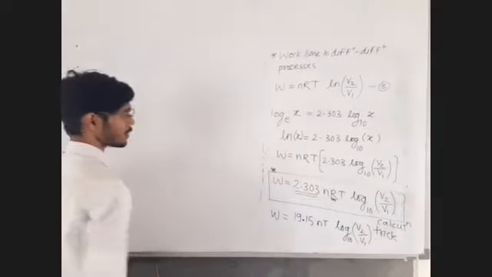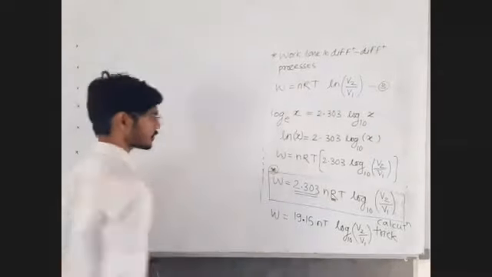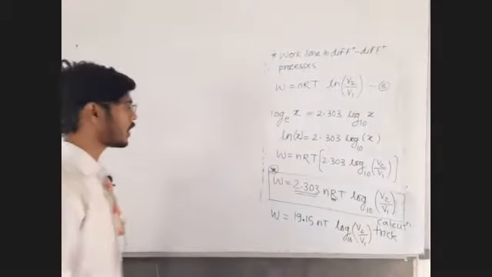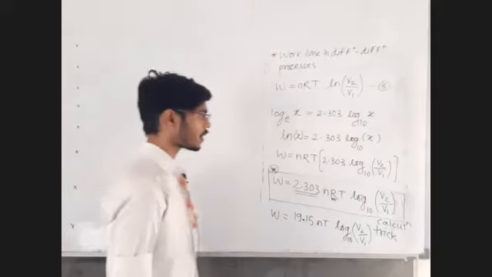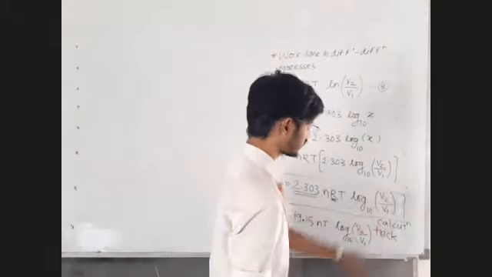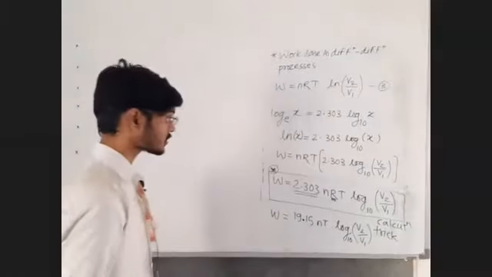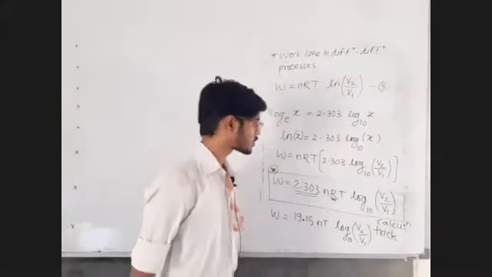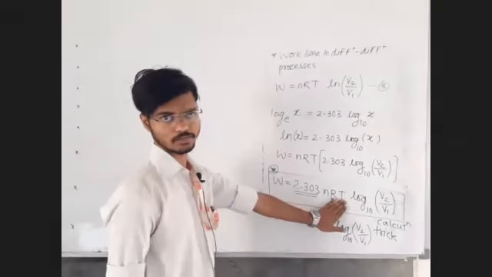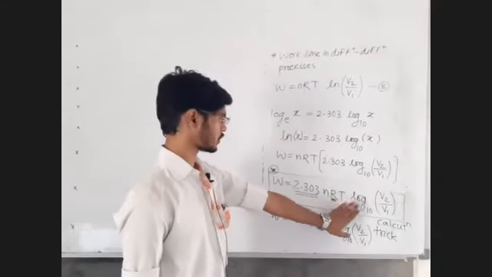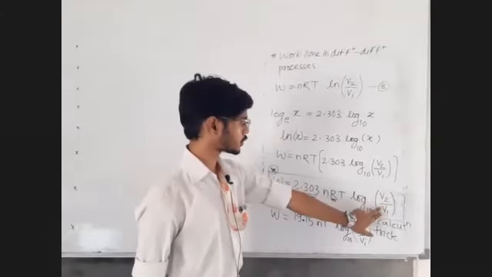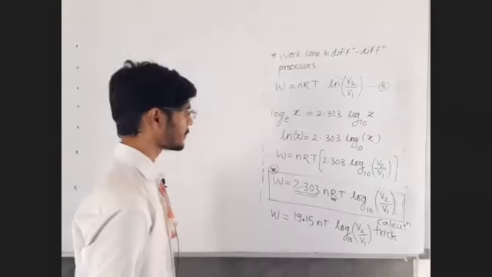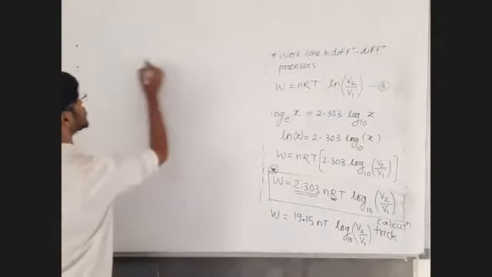Now this is the formula that you have to remember, star mark. You have to remember this formula for the work done in isothermal process. Now, sir, what if we are not given the values of final and initial volume? Instead, let us say that we are given the values of final and initial pressures. They must give temperature value. They have one more option: instead of giving the values of volume, they may give us the values of pressure. So in that case, what to do is this, we know